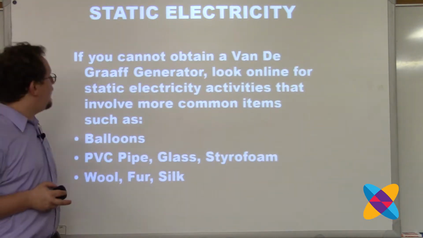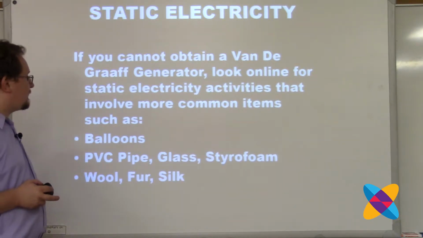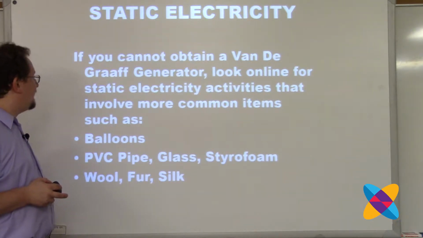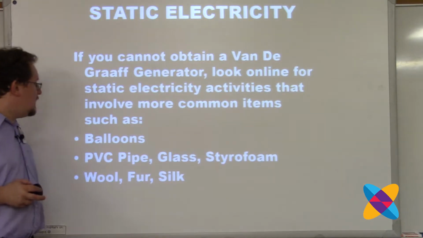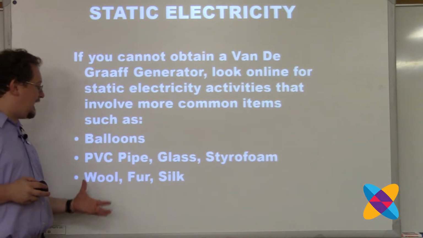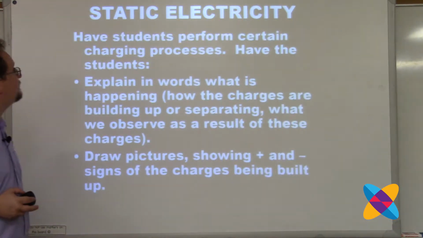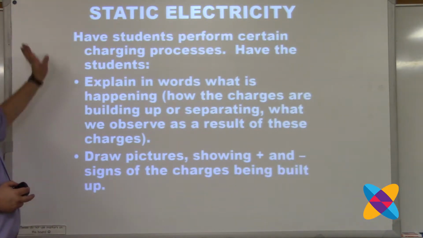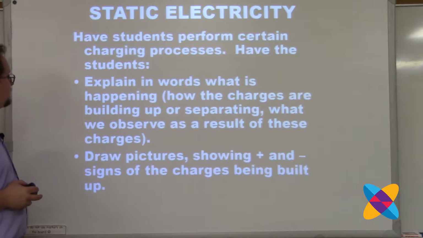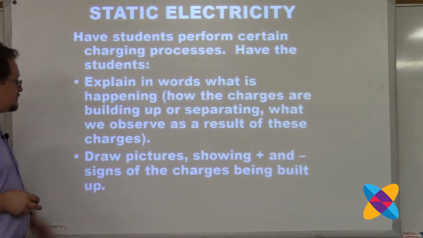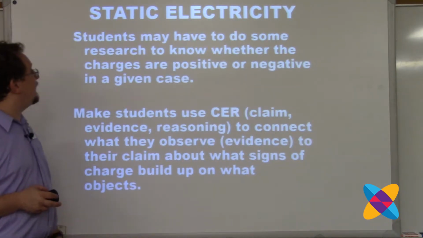You can look online for static electricity activities that involve more common items if you don't have a Van de Graaff generator. Balloons, PVC pipe, glass, styrofoam, wool, fur, silk, those are the kinds of things you can get a hold of pretty easily. Have them perform certain charging processes, have the students explain in words what's happening, draw pictures showing the plus and minus signs, and make sure that they're saying things like,